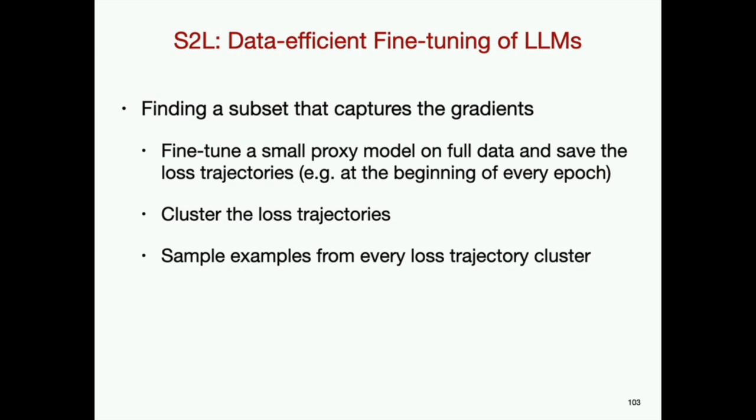the previous slide, we know that all the examples in a loss trajectory cluster have very similar gradients during the training, right? And these are very similar examples in terms of the effect that they have on the model during fine-tuning. So now, we can just sample from different loss trajectory clusters, and this is going to be our final subset. Now we can train the larger target model on this smaller subset that we sampled from